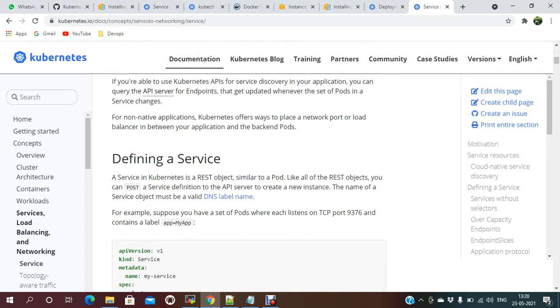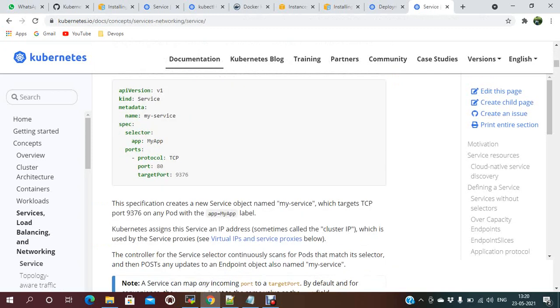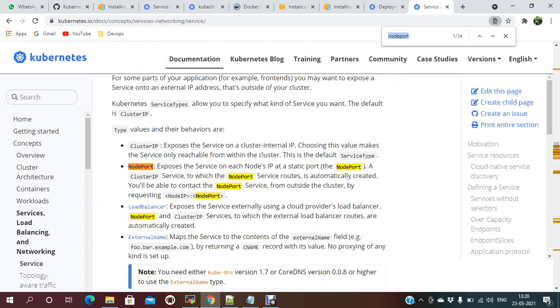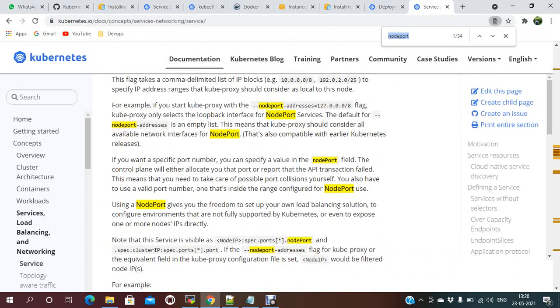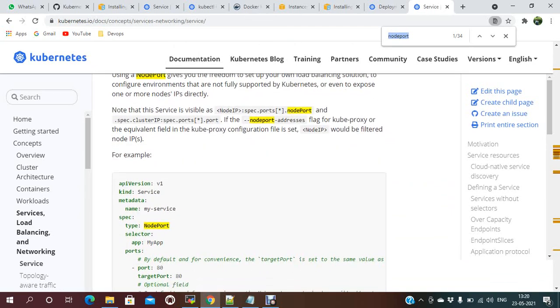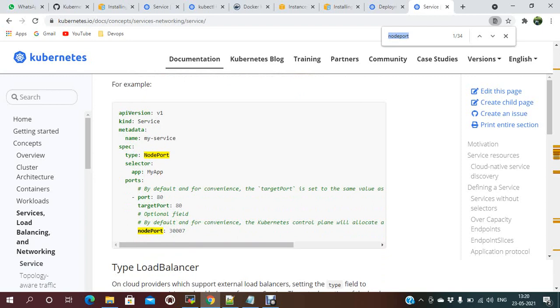I am using NodePort for this, which means I am deploying the service. The service type can be NodePort, LoadBalancer, and other things.